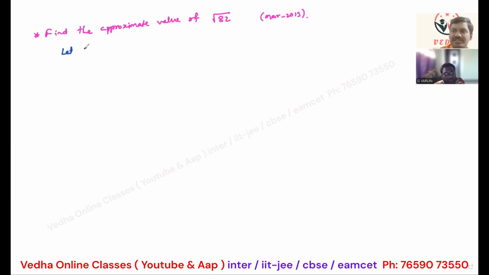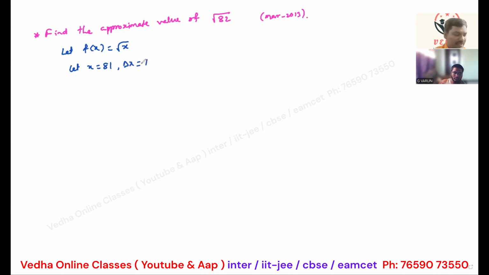Let the function f of x be equal to root x. The given function is in the form of root x; first we have to identify that. After that, identify the perfect square close to 82. 81 is a perfect square close to 82; 9 square is 81. So I am taking x equal to 81